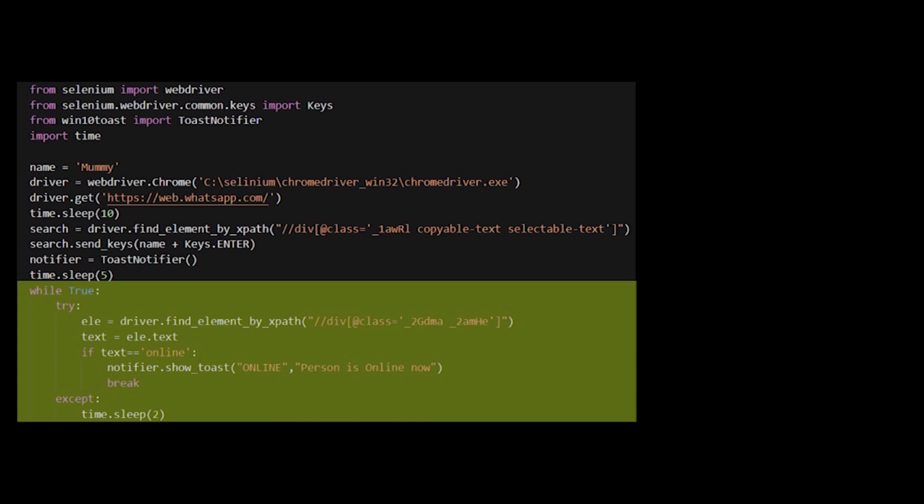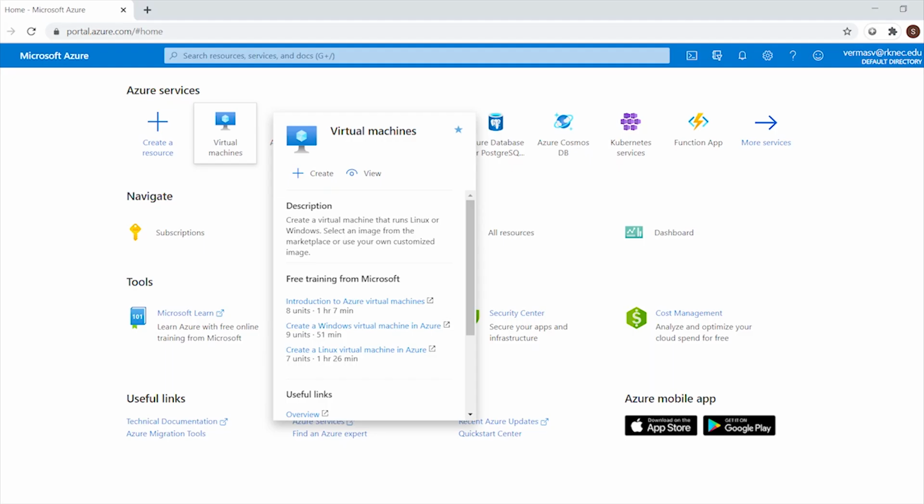You can even run the bot on the cloud so that you don't need to keep your program open all the time, and the bot can run forever. You can do it by just creating a virtual machine in Azure. Well, I just leave this work to you. Now let's see our bot in action.